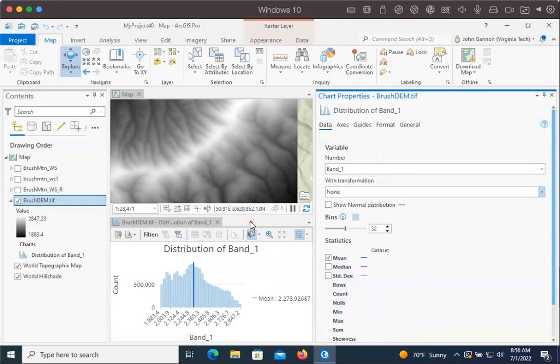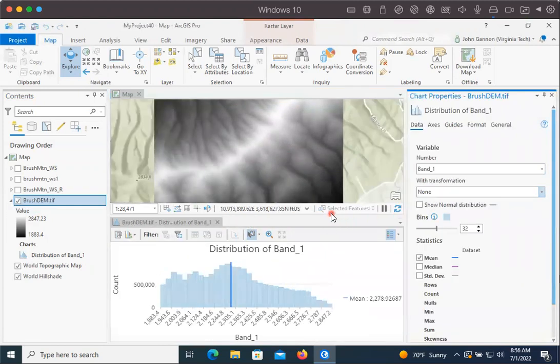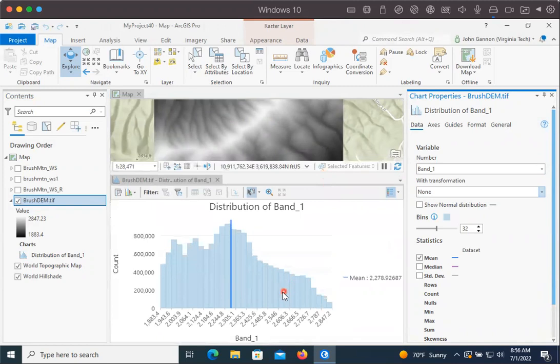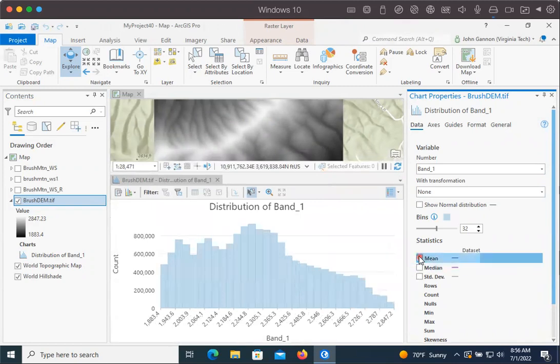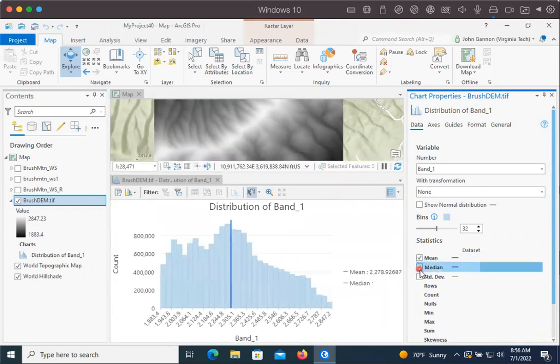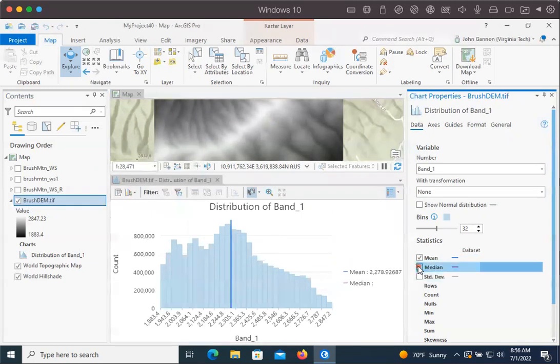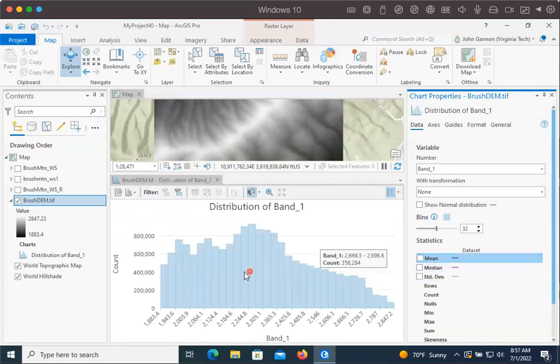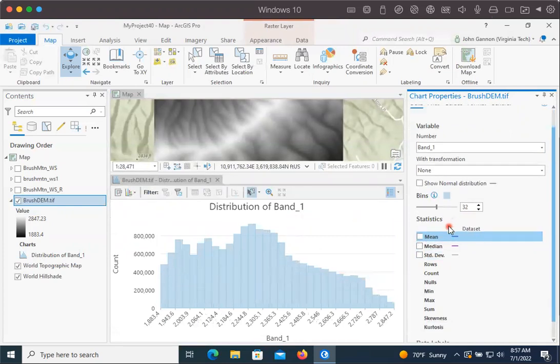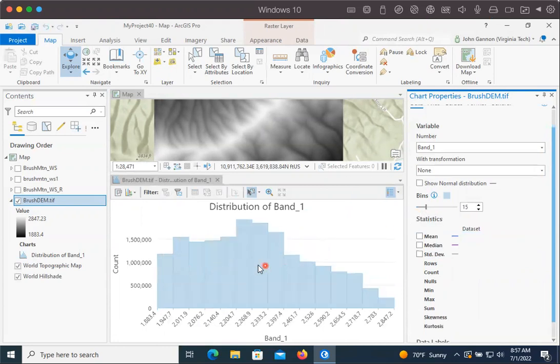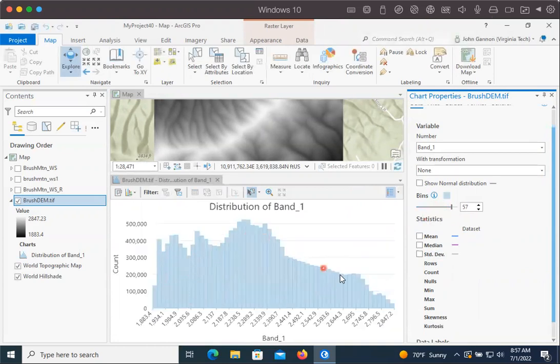A couple things here. We can make this bigger or smaller in our box here by just dragging this. We can add lines that'll show the mean, the median, and standard deviation for the distribution if that's of interest, or we can turn them off. And we can change the number of bins. You'll see these bins got wider here when I made them fewer. And if I drag and make a lot more bins, you can see they get narrower